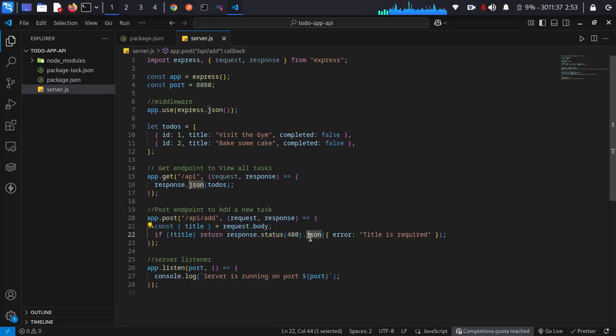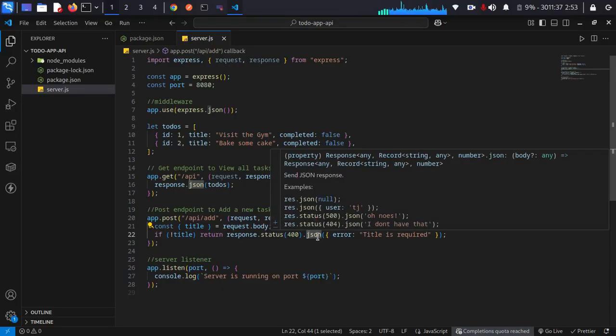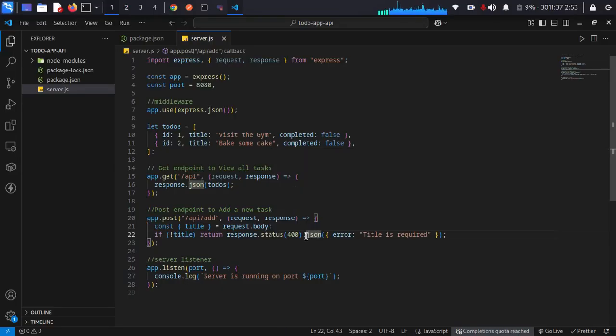So don't forget that we have initialized everything, that we are communicating on JSON. So we are using JSON to communicate, right? So we send "title is required". So that's the error. So we just pass that message to them that title is required. So else, that means if we do not have this error, that is if everything goes fine,